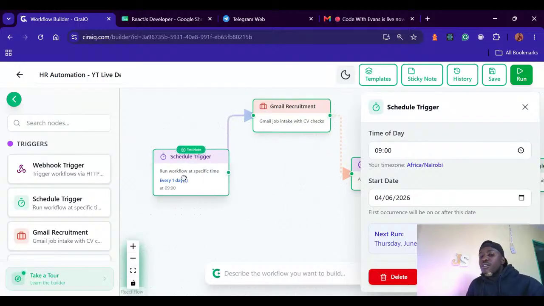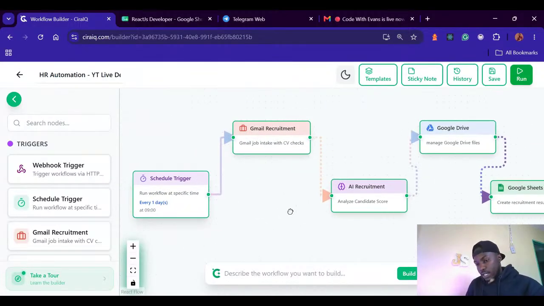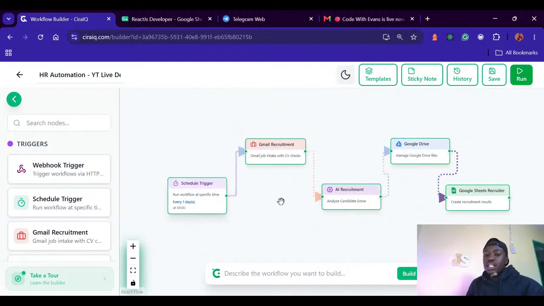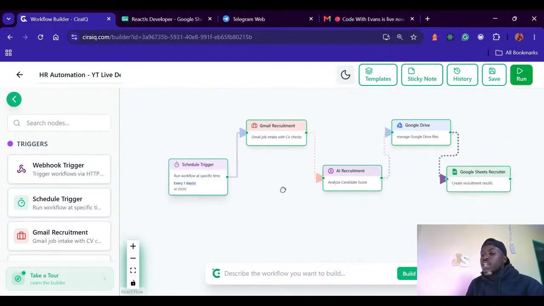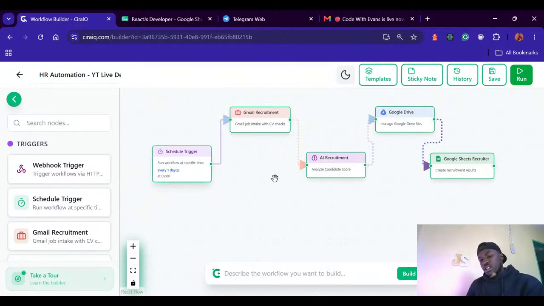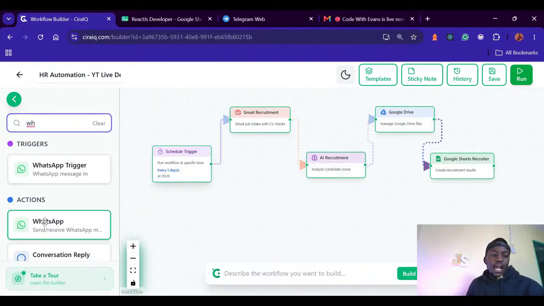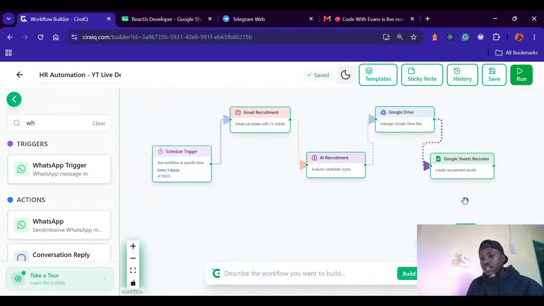So this workflow is not yet over. You can stretch it as much as you want. In case I'm too lazy, every time it does this automation, I keep forgetting. So I can add WhatsApp at the end. So immediately you are done,